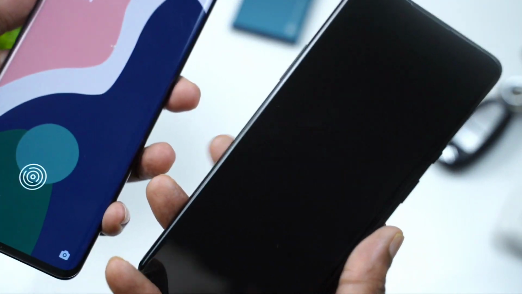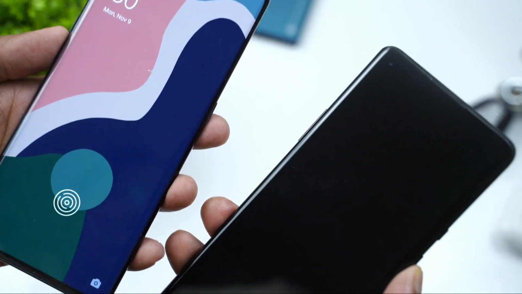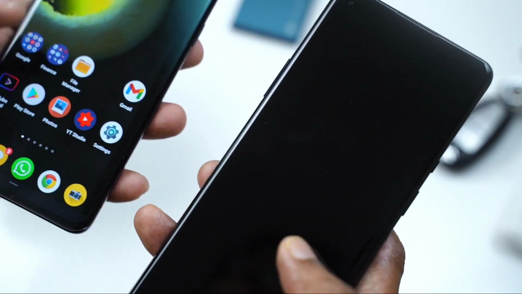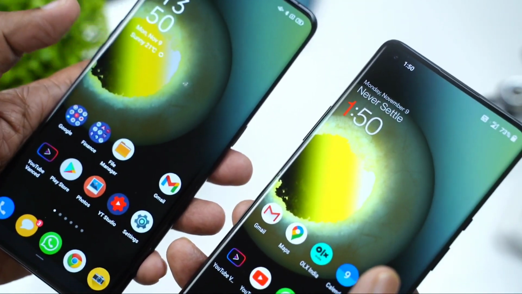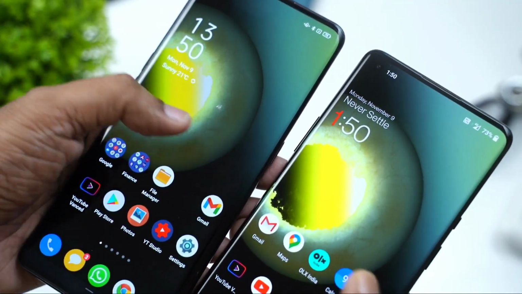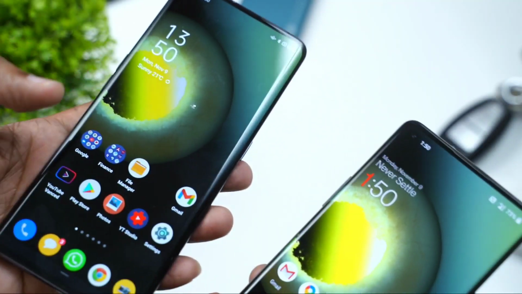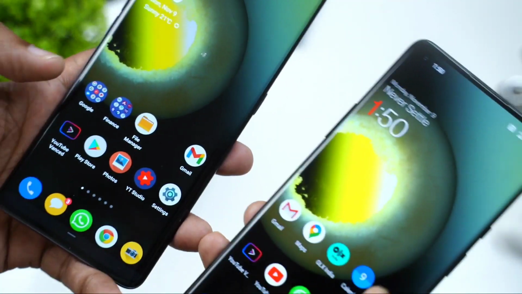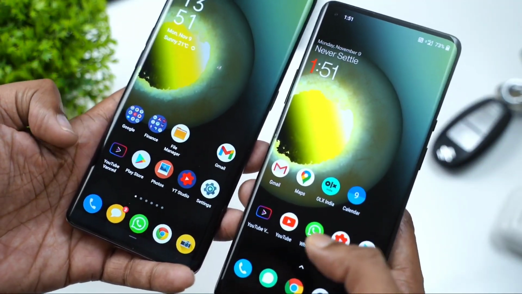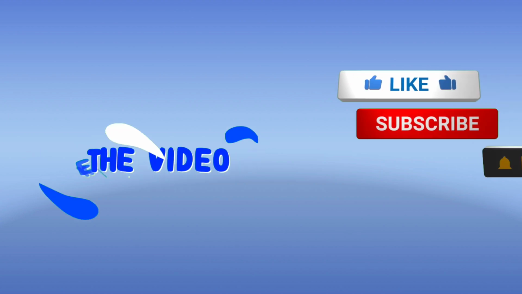So overall from this video I want to say that if any YouTuber says that OnePlus devices are much more superior to any recent Oppo devices, then I would like to disagree on that point. I think Oppo has gone ahead with a long software overhaul completely, and ColorOS is now much better in terms of customizability, fluidity and performance wise. It is slightly superior or ahead of OnePlus OxygenOS. Now there are a lot more feature differences available on both the phones, for which the video will become very long. Now through this video I want to say that ColorOS is as good as or slightly better than OxygenOS.